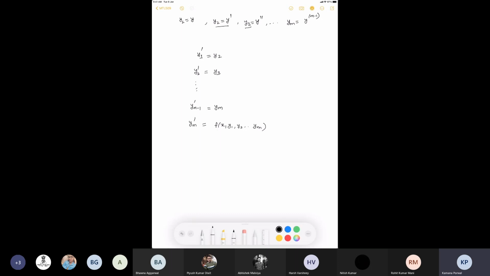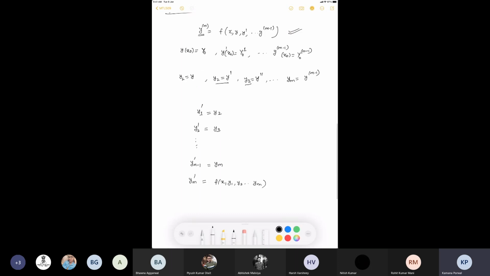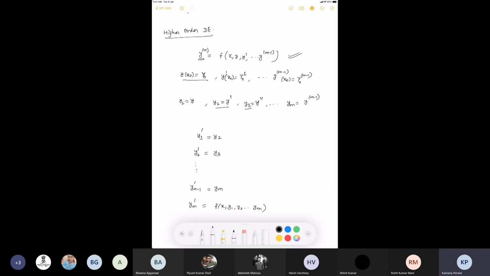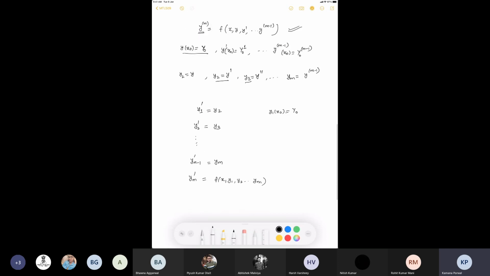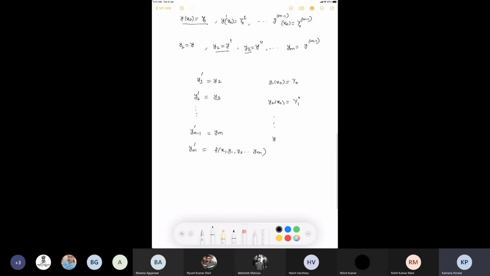Okay, and let's see what the initial conditions reduce to. The first condition is y at x naught is y naught. This means that y is y1, so we have y1 at x naught equals y naught. The second condition is y prime at x naught is y naught 1, and y prime is y2, so this is y2 at x naught equals y naught 1. Likewise, we are going to have y m minus 1 at x naught equal to